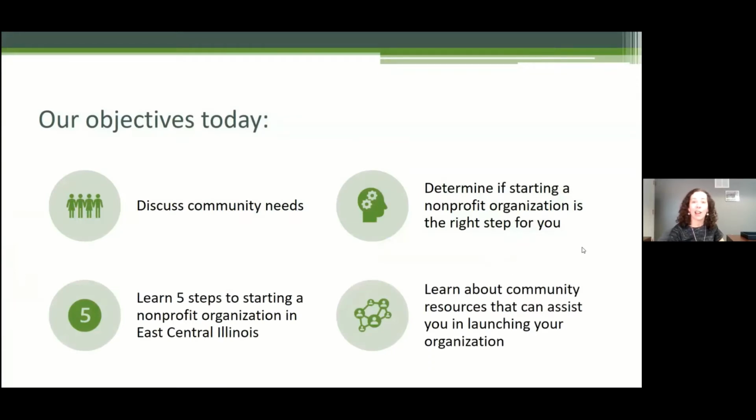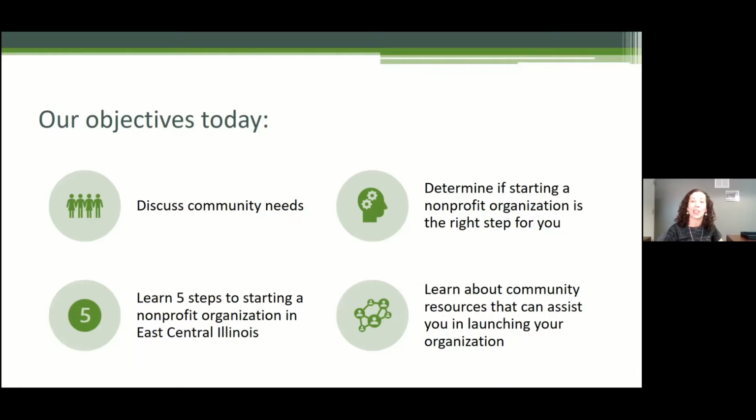So here is the plan for the next hour we'll be spending together. We're going to open with a discussion of community needs. We'll then explore the question of whether starting a nonprofit organization is the best step to address your identified community need. I will then be laying out 5 steps, with many little steps beneath those 5 steps, to starting a nonprofit